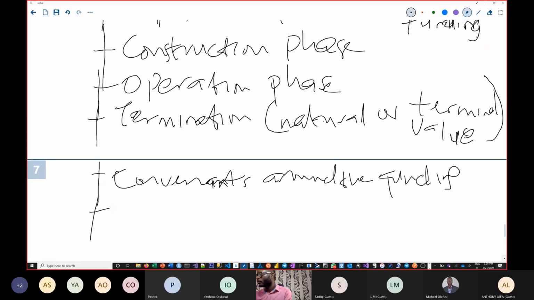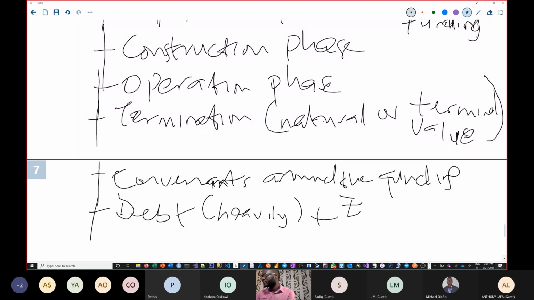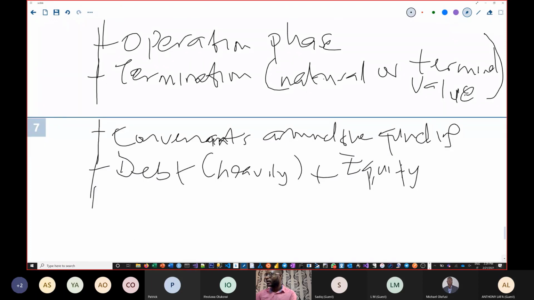Okay, so because a project finance is typically funded by debt, heavily debt, and could have equity, but most of the time the equity component is usually not much. It's always most of the time heavily debt funded. Okay, and